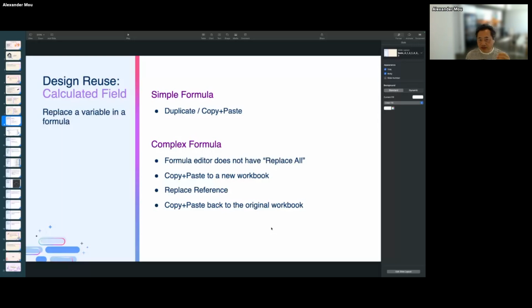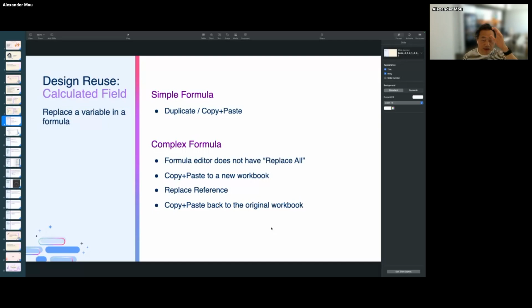So let's start with copying a formula. A formula, you just write the calculated field. You right click on it and you will see duplicate. I think you guys have already seen it many times, or probably used it many times as well.